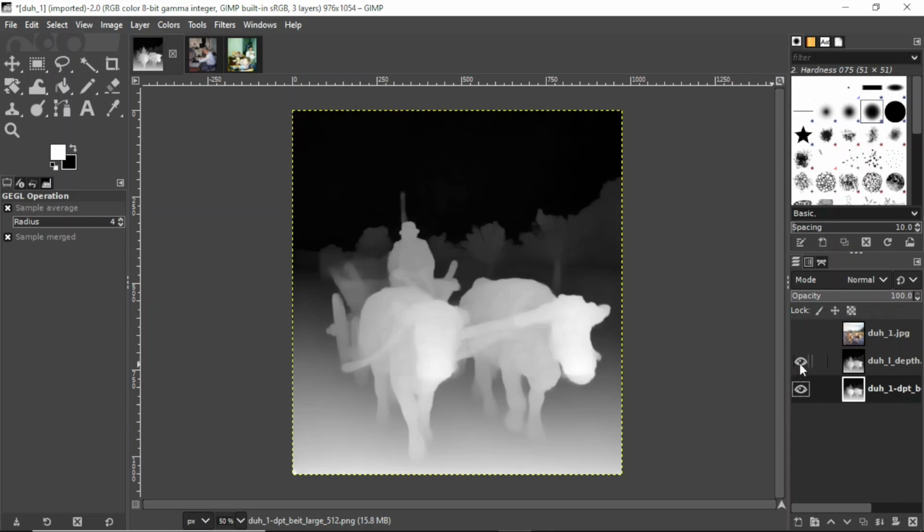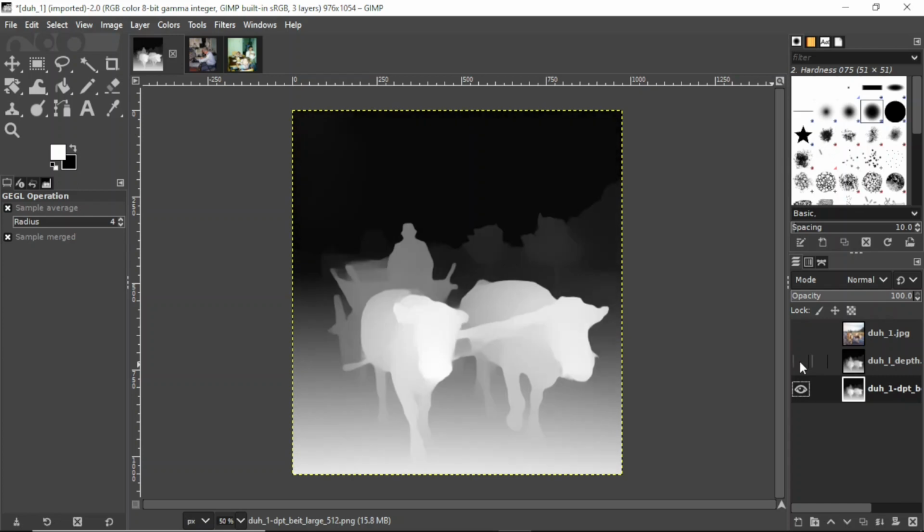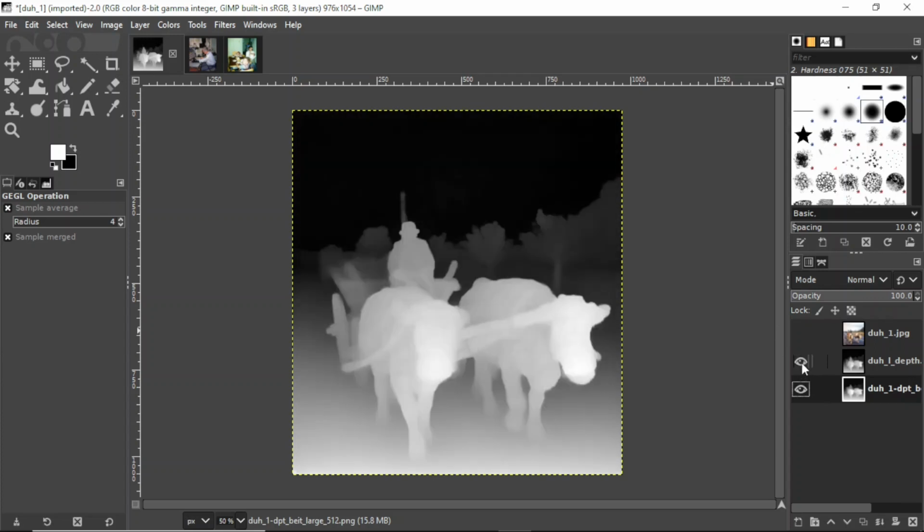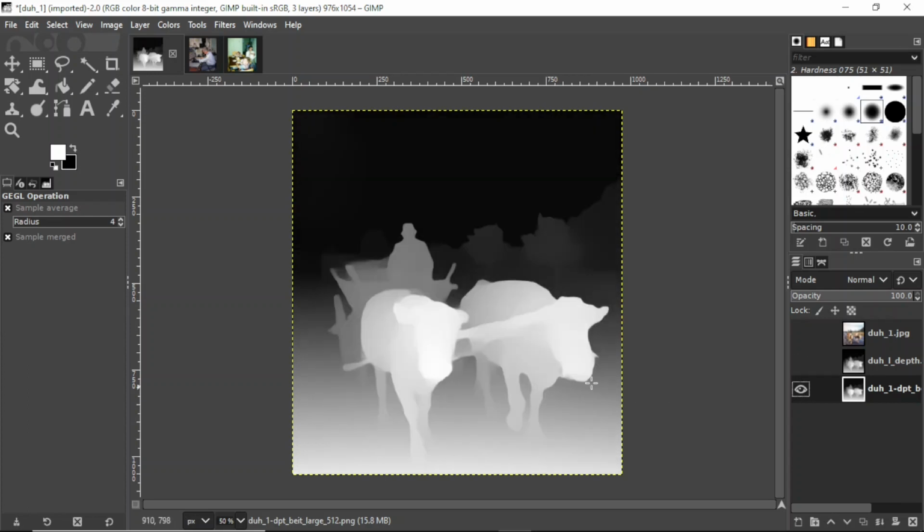So now let's look at what MiDaS version 3.1 does. It's also having problem with the stick, but otherwise it's not too bad. Let's go back to the other one. I think MiDaS has better gradients than the